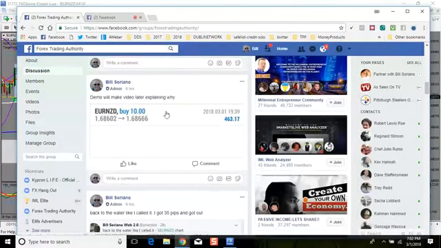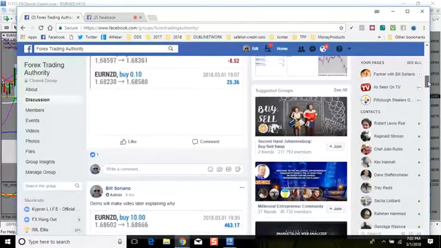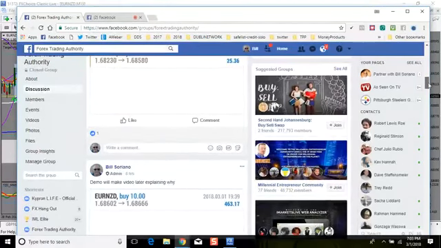So anyway, here's a 10 lot. That same trade here, on this one, I end up getting 6 pips. But since it was a 10 lot trade, it was $463.17. Now, again, this is a demo trade. It doesn't mean anything. But the reason why I show it is because if you see here, I took this demo trade,